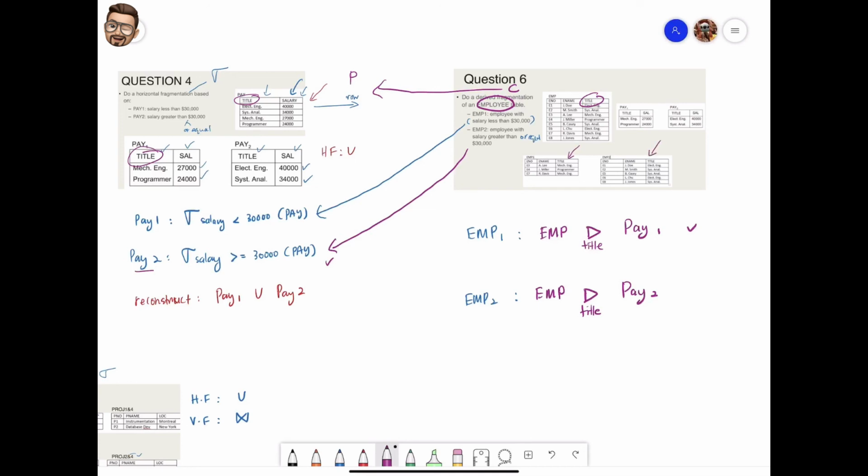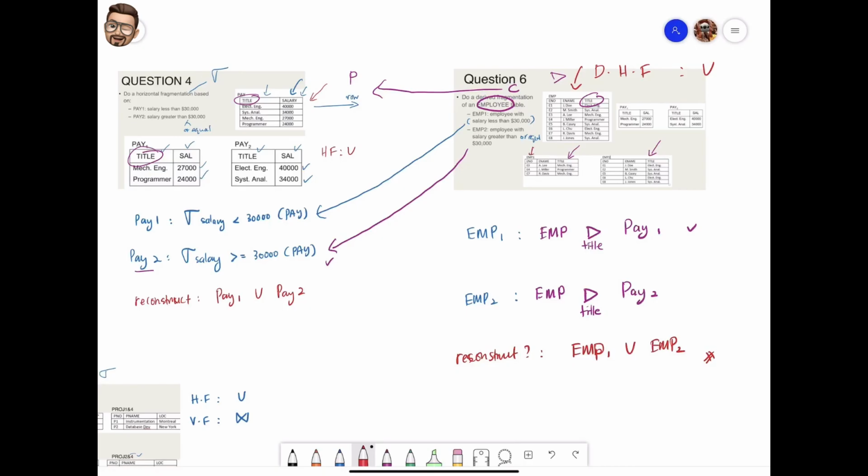This is employee 2, which is employees with salary greater than or equal to 30k. So this is what we call derived horizontal fragmentation. We will use semi-join. Okay, so how can we reconstruct back? Since it's derived horizontal fragmentation, we do use union operation. So if you union employee 1 with employee 2, then we will have one big employee table again, because